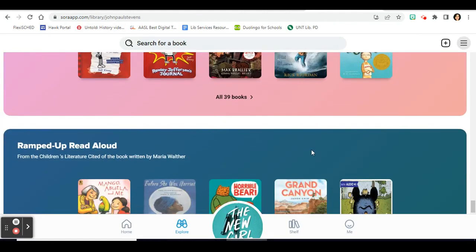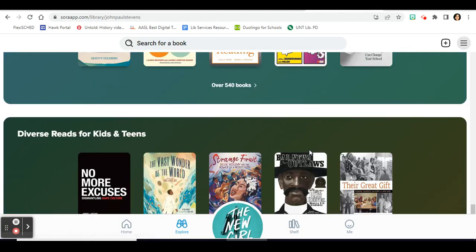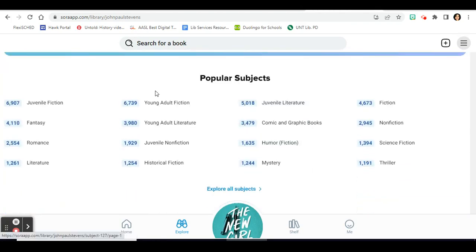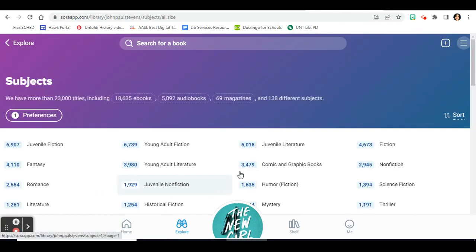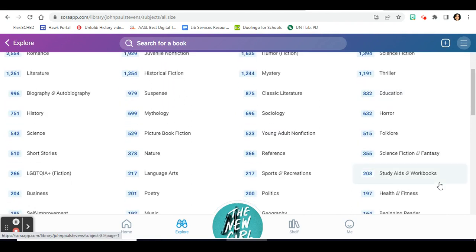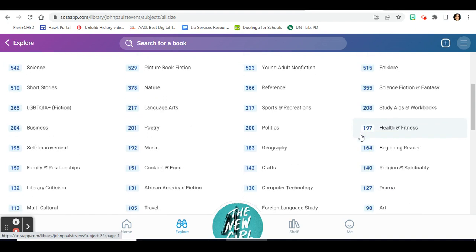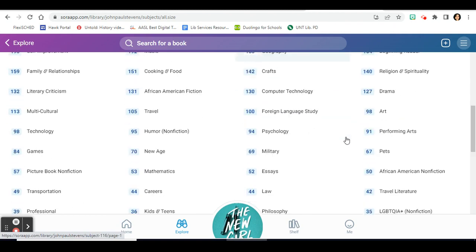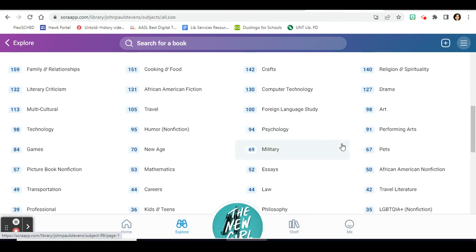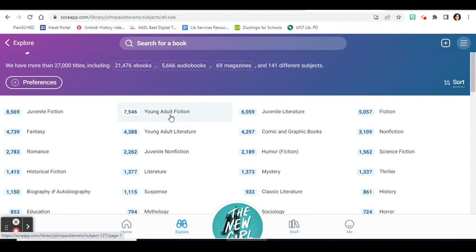One of the great things that is a part of this is there is the popular subjects and the genres. So if you click all subjects, you can look and find different things based on what you want to read. So if you're looking for a horror book, maybe you're looking for a romance, maybe you're looking for a mystery. Those are all different genres and sections and categories within this part that will be easy for you to find exactly what you're looking for. I'm going to come over here to young adult fiction,